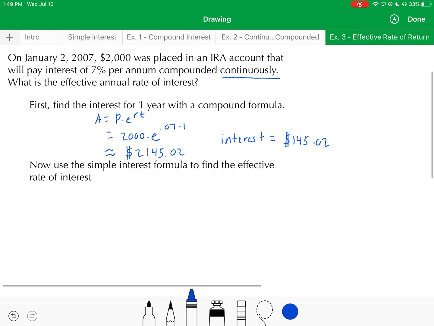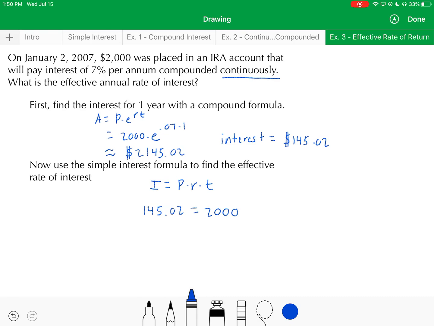Now all I need to do is take that interest value and substitute it into my simple interest formula that we looked at the very beginning of the lesson. So that would be I equals P times R times T. I know I want my interest to be $145.02 on an initial investment of $2,000. What's the simple interest rate needed to do that in 1 year's time? Clearly, we're just going to have to divide by 2,000 here